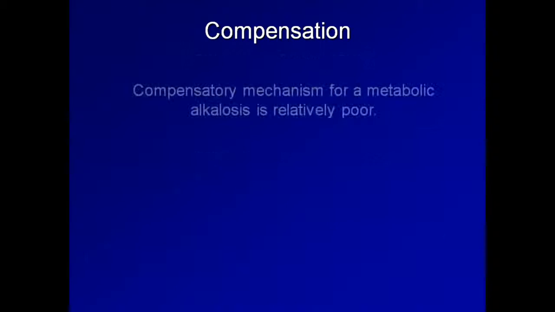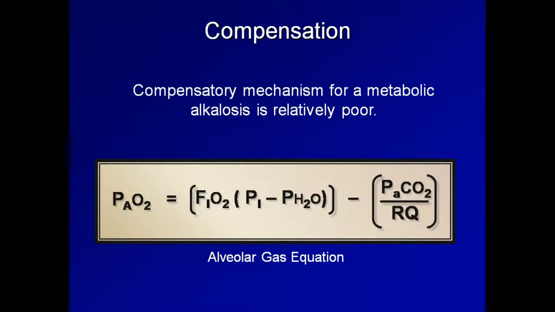The second additional aspect of compensation I need to mention is that the body's compensatory mechanisms for a metabolic alkalosis are relatively poor compared to that of the three other major classes of acid-base disorders. As I recently mentioned, the body compensates for metabolic alkalosis by decreasing ventilation and thus increasing PCO2. If you remember the alveolar gas equation shown here, you might see that by increasing PCO2, PAO2